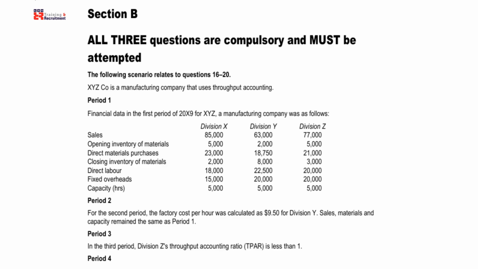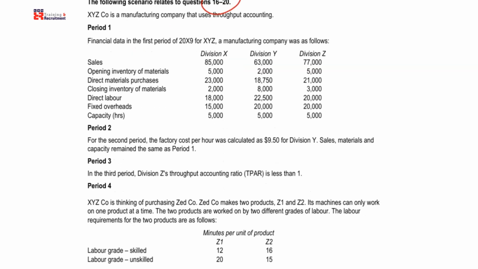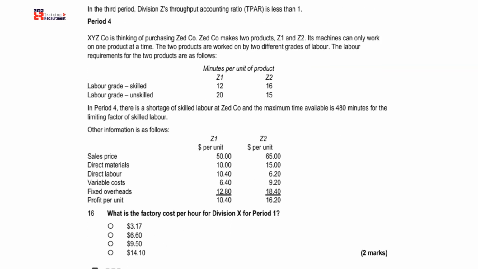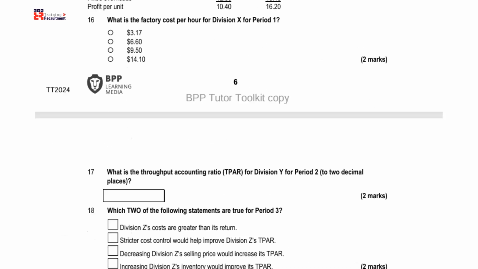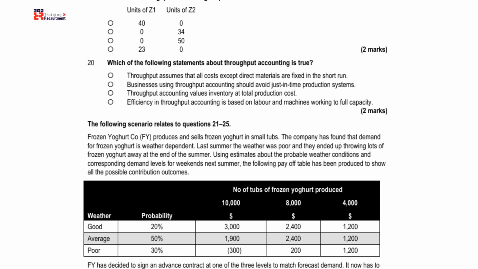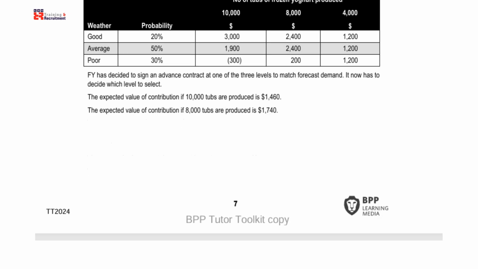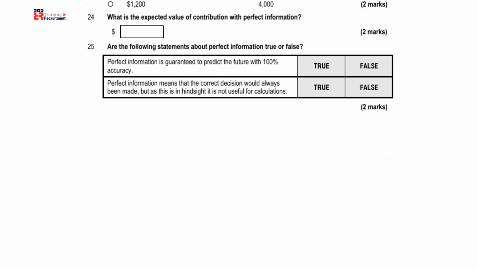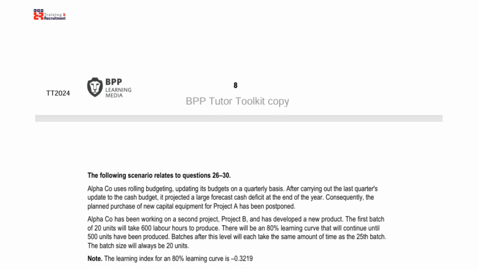This is section B, or part 2 of the revision. You'll get 3 scenario questions. Against each scenario, you'll be required to answer 5 objective test questions. So this is quite a big scenario given, and then 16, 17, 18, 19, 20, then another scenario, a few questions, 25, then another scenario